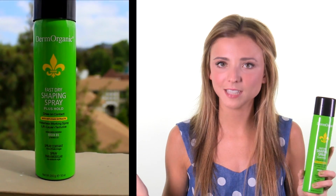This month I have also been using the DermOrganics hairspray, and I have pretty fine hair, but I just got a haircut recently, and I have these little pieces that keep on coming down in the middle of the day and tickling my face, so I needed a hairspray that would really hold and wouldn't weigh my hair down. This holds my hair back all day long, and I love that it's not tested on animals, and it's vegan, and they don't use any artificial preservatives, and it's really good with humidity. Typically if I step outside and it's like 10% humidity, it's like